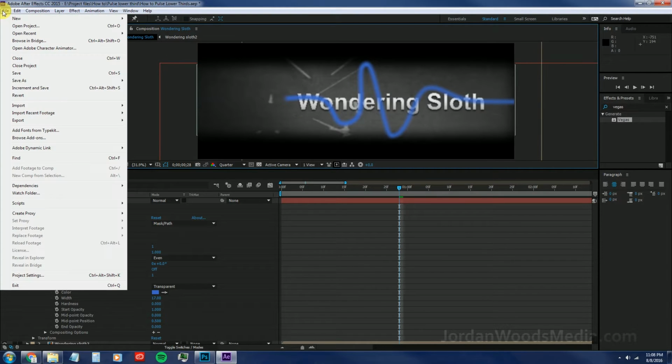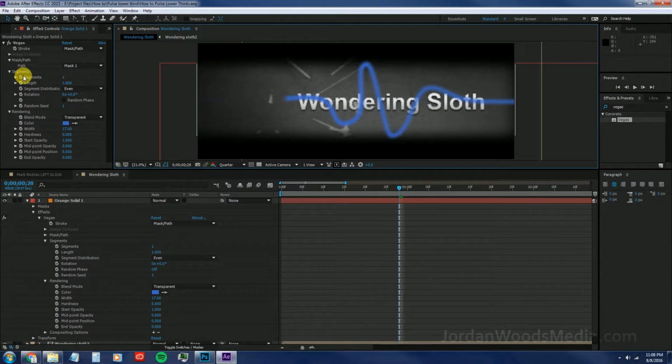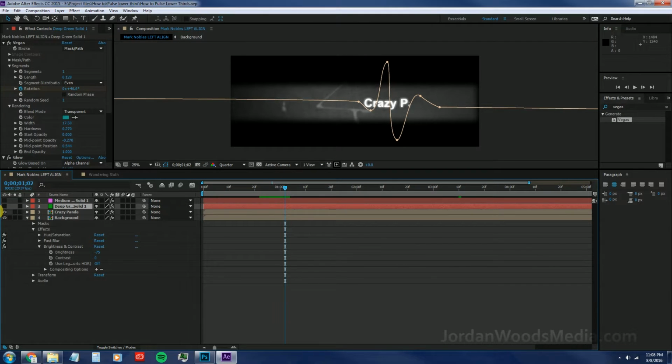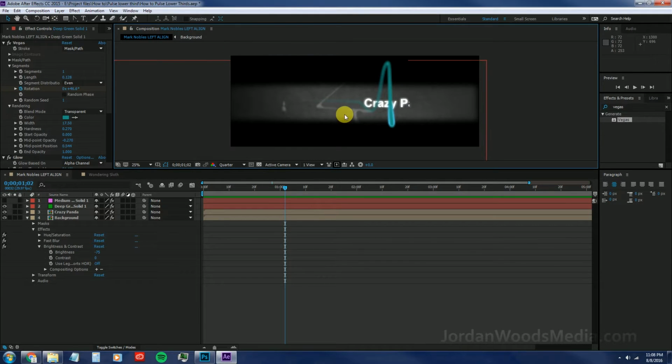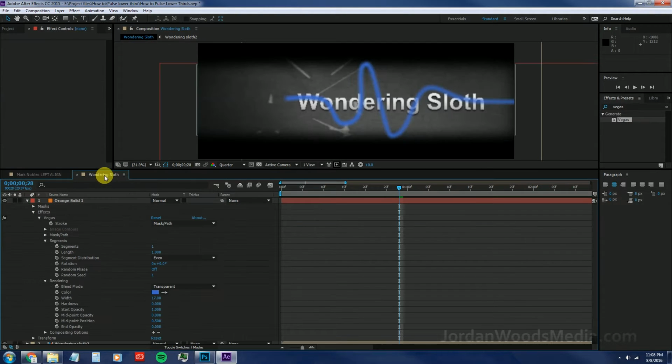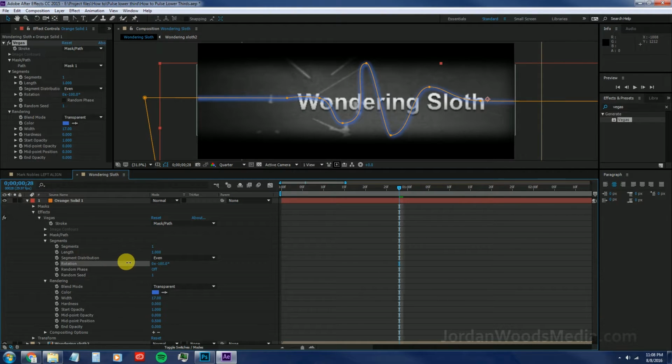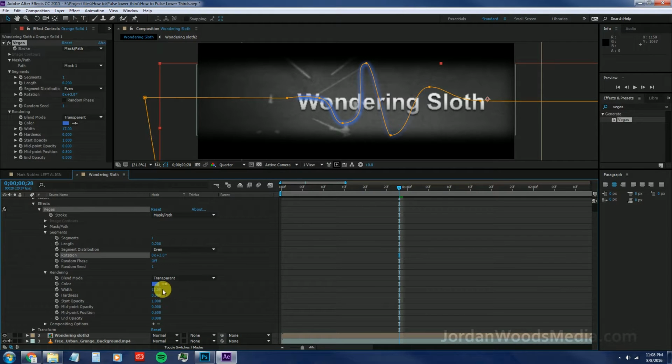So what we need to do is, this is start color and this is end color. Okay, and I think I added a glow to it. I'll get to that in just a second. So what we're gonna do is we're just gonna rewind time. Actually, we're gonna shrink this thing here so you can see where the stroke is right here, and the rotation, like I said, is what moves this thing along. So we're just gonna leave that right there where we can see it, and you can change the width of it here. That's about as high as you can go. The hardness is just like in Photoshop, pretty self-explanatory there. And the start opacity needs to be